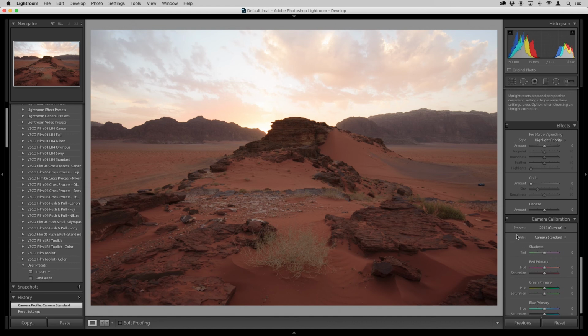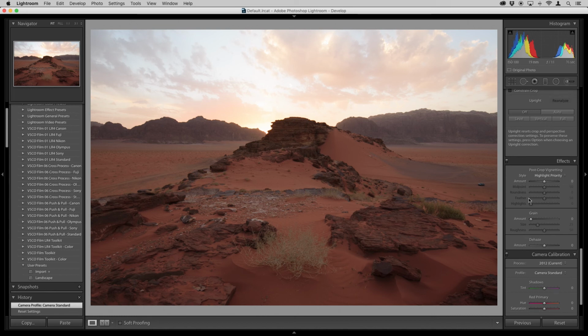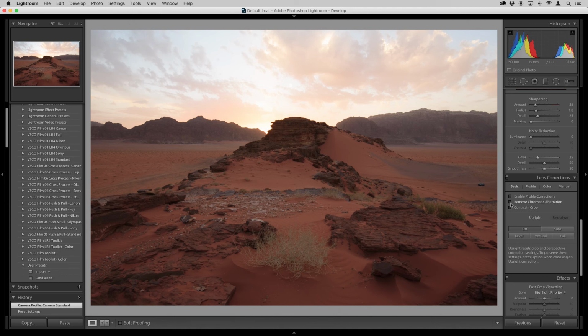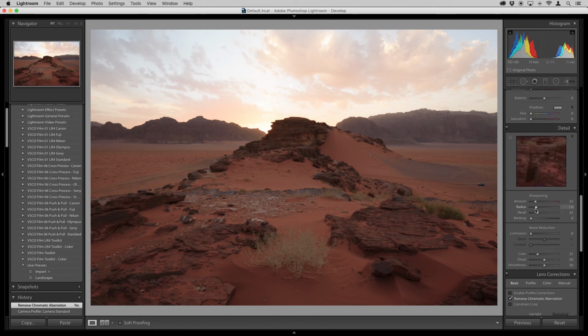And next we're going to move up. I'm not going to touch any of these settings here, but I'm going to move up, and I'm not going to touch anything here with vignetting and dehaze and grain and none of those other settings. So I'm going to go ahead and only check remove chromatic aberration, because that actually works pretty decently in Lightroom. And then also I am going to apply default sharpening. Now 25, 1, 25 is a pretty weak setting for me, so I want to have my own starting point. And what I'm going to do is set my detail to 100, set the radius to 0.5, and then the amount varies by camera, but I'm just going to pick something like 40, which typically works pretty well.